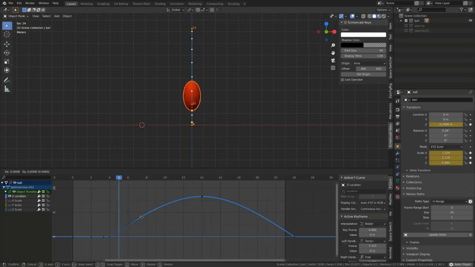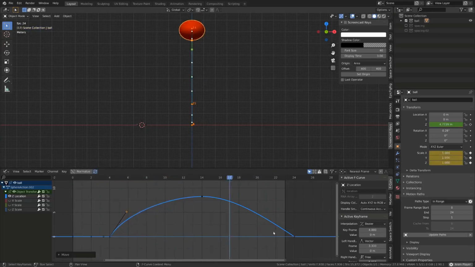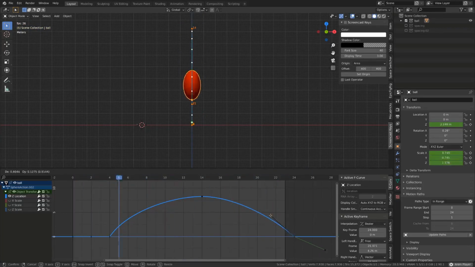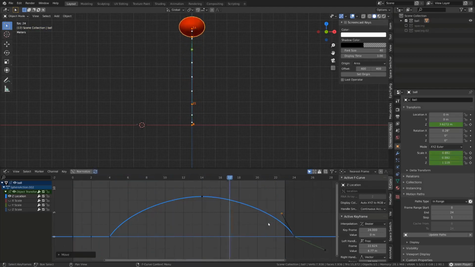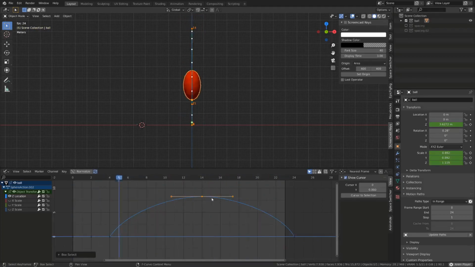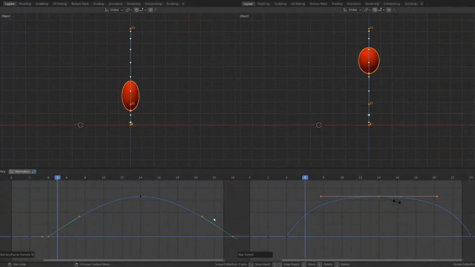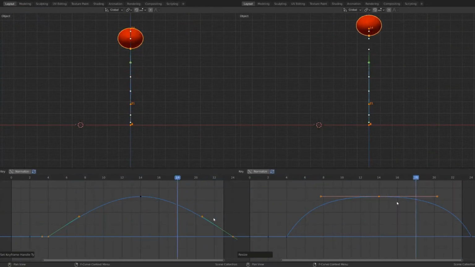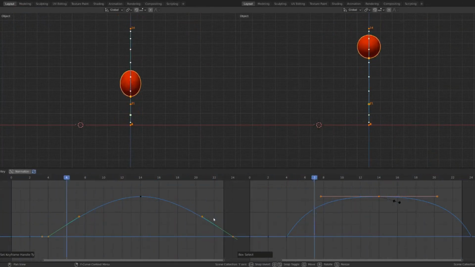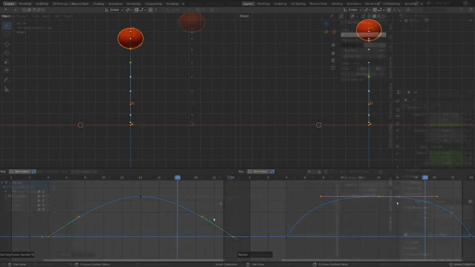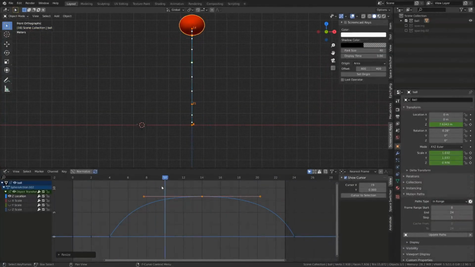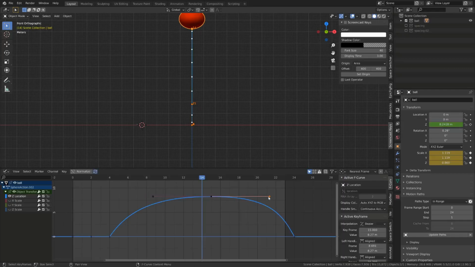To get an even better feeling, I will also slightly raise the curve by moving both vector handles toward the outside. And by scaling the upper key, I will make the ball rise faster and hold a bit more in the air. I have brought more contrast into my animation by changing the shape of the curve, and now it's more stylized. A little touch we can add to make it even more appealing is to slightly offset the upper key by one frame. This way we don't have the same timing when the ball is rising as when it's